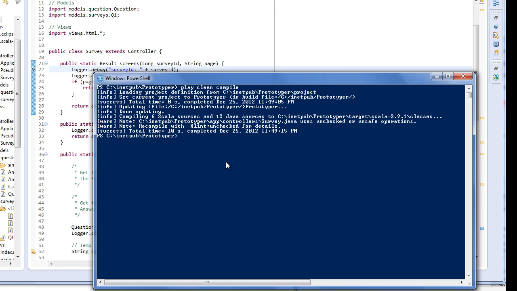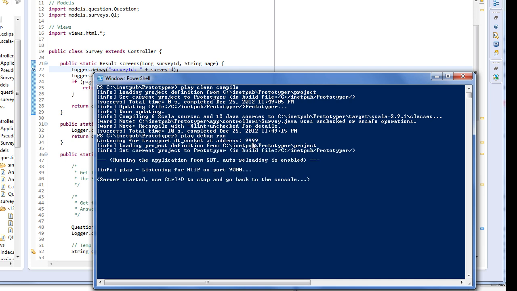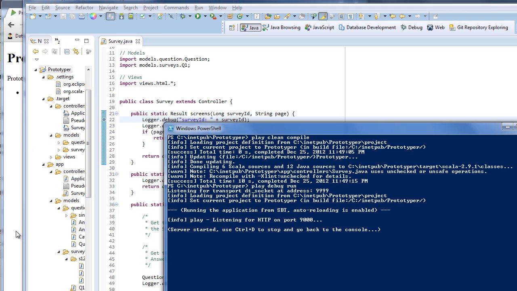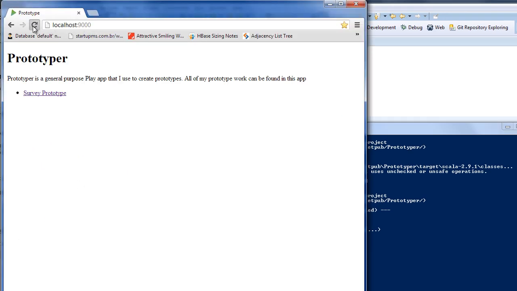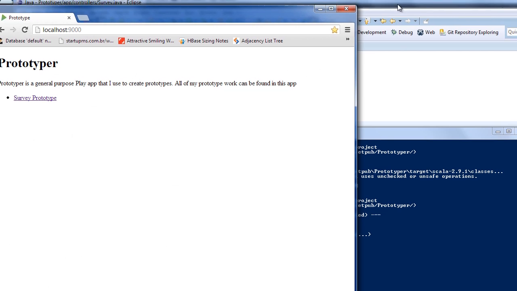Okay, so compilation is finished. The next step we want to do is run play, but we want to type play debug run. This will do two things. You'll notice it's going to actually open up a socket at 9999, which is where we will attach the debugger, and then 9000, which is where we have the normal browser. So what we want to do, we have 9000 here open, and we want to come over here to